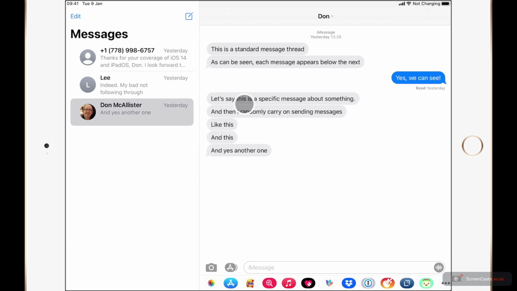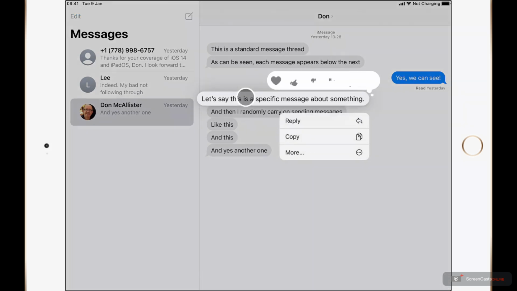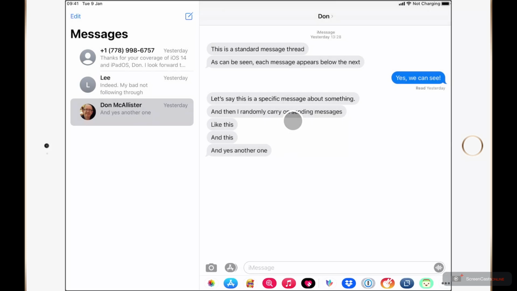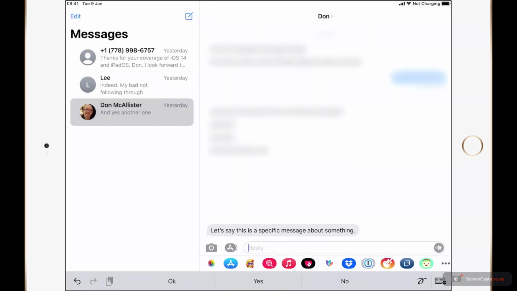But if I go to this particular message and tap and hold, you'll see I get the option to reply. And if I reply, now as you can see, that message has now appeared at the bottom of the screen and I have the reply option. So let me just go ahead and reply. I've got an external keyboard connected to this iPad, so let me just type something in. So this is my specific response to this particular message. And then if I go ahead and send that,